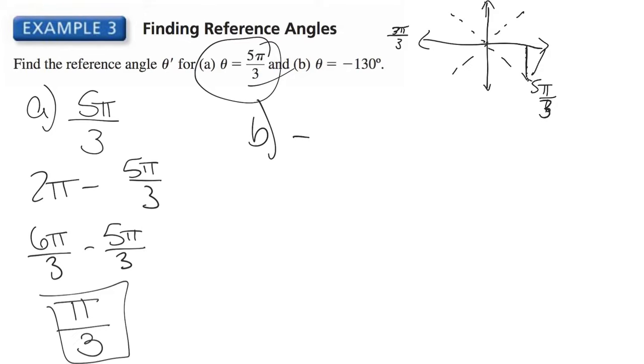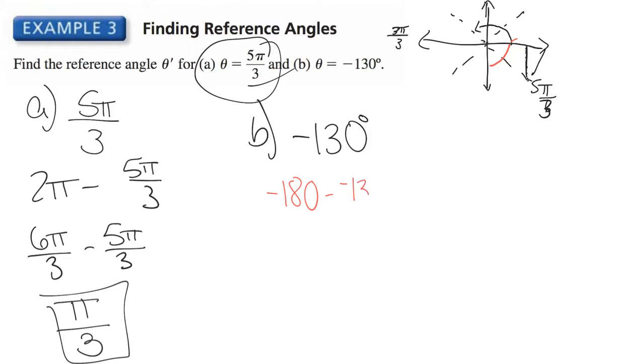B is negative 130 degrees. So we've only looked at positive numbers. How do we find negative numbers? Well, negative numbers means instead of working counterclockwise through your unit circle, you're working, I'll do it in red, clockwise. So it's going to be the same thing. Instead of 180, you're looking at negative 180